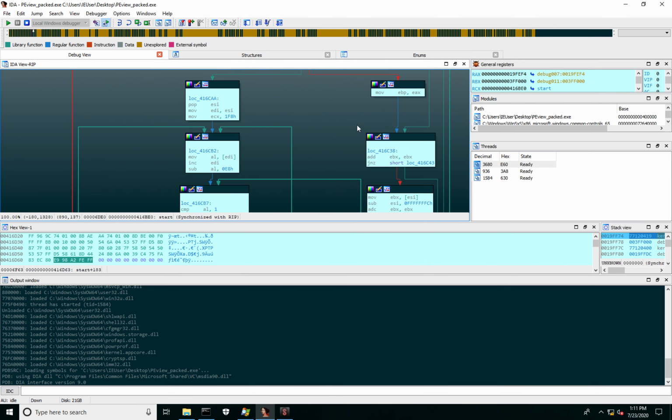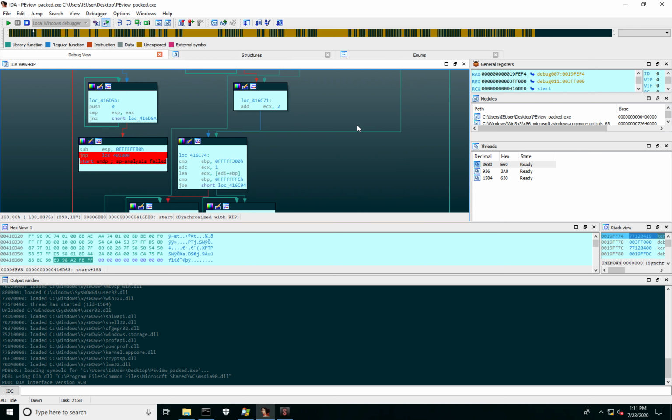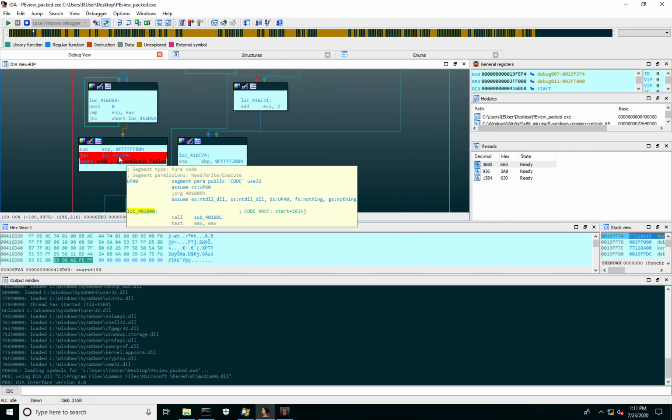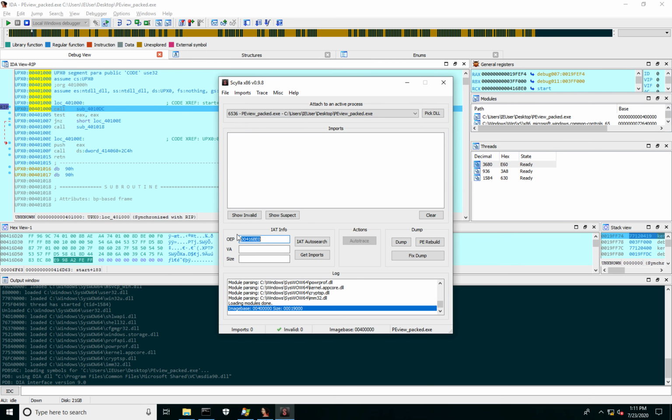See here that this is actually the entry point of the main application, the outer UPX layer. It's not the OEP. The OEP is actually the code following the final jump out of the packing layer. So copy the correct OEP address from here. We now have the correct OEP.